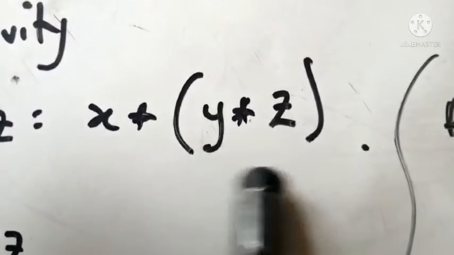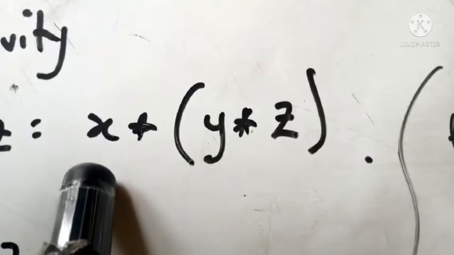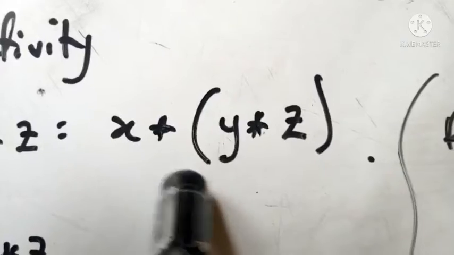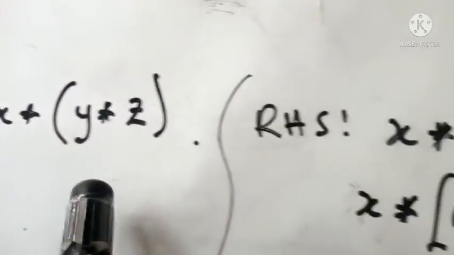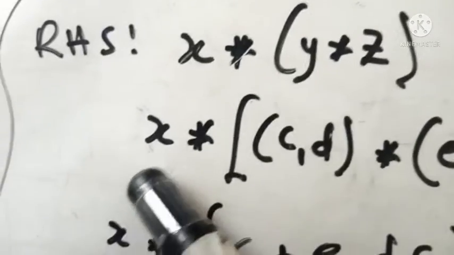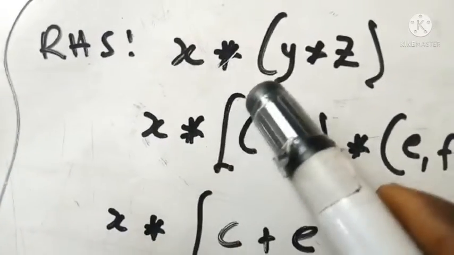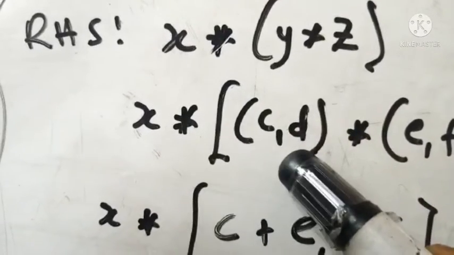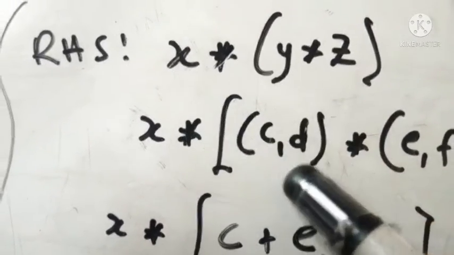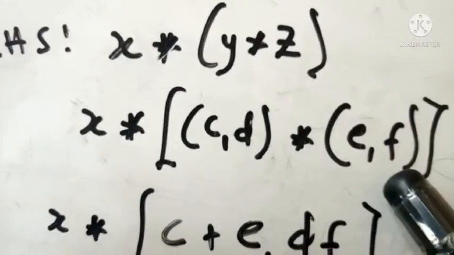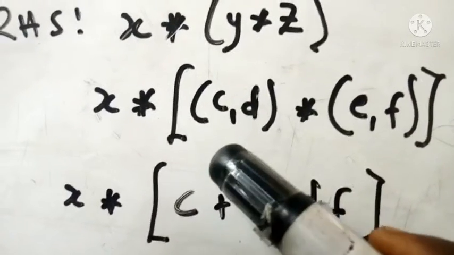So on the right hand side we have X out here, and then operation the last two people. So always bracket first, right? So always bracket first. We are going to have, let's take this C out here. So let's deal with these people here. So we know that our Y is CD, right? From the beginning, this is how Y looks like, and then operation the Z here is EF, right? Okay, so we are dealing with